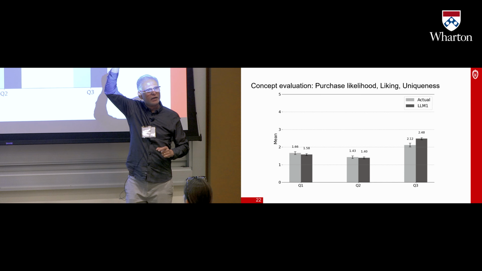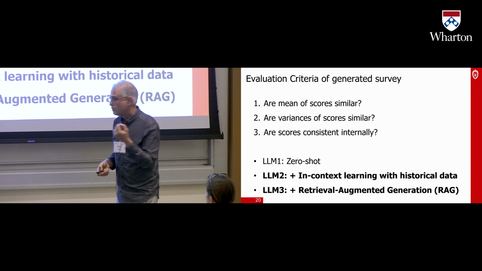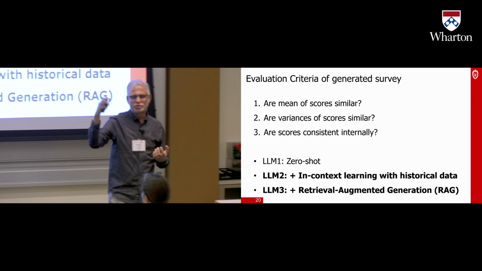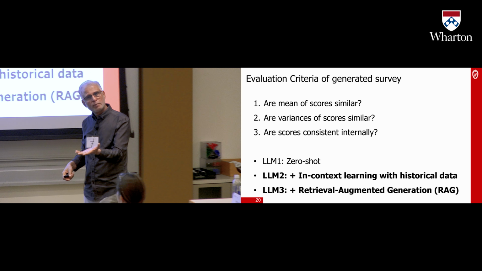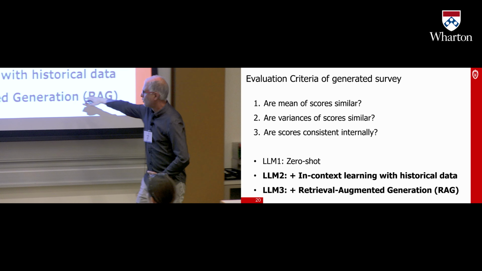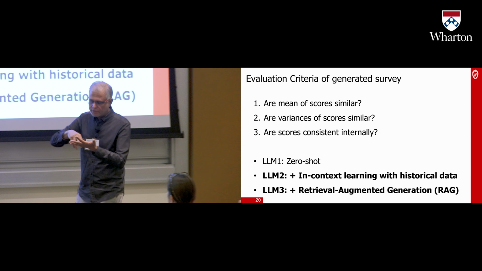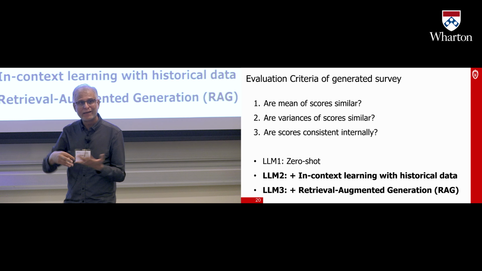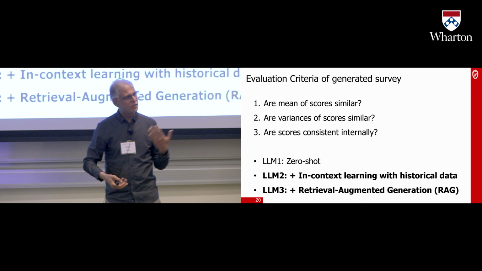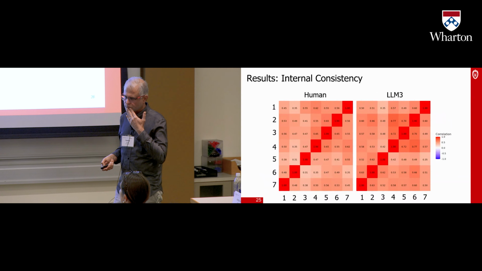But we can overcome that by using RAG, by using in-context learning. The paper goes into more detail. So, compound AI models that Shiv just talked about, this is an example of a compound AI model. And it does better on recovering heterogeneity. It does better on recovering internal consistency of the answers, more human-like. The paper goes into great detail on that.